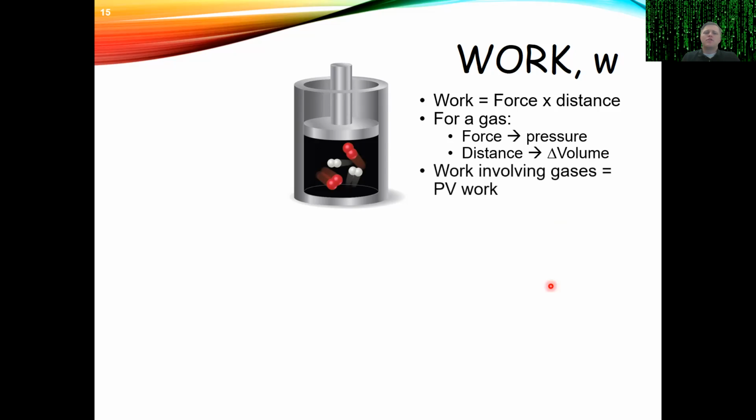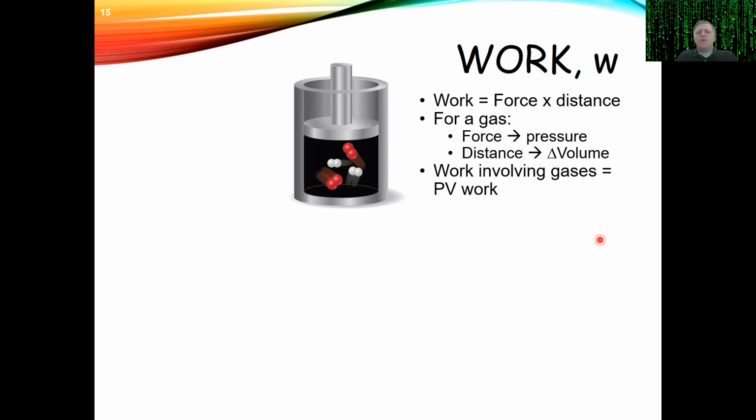So in chemistry, the work we're most interested in is generally work done by gases, right? So in your combustion engine, what you're doing is creating a gas, a really hot gas that pushes the piston in your car. And so most of our work that's done is in the form of gases. And this is the type of work we call PV work because we're taking pressure times volume.